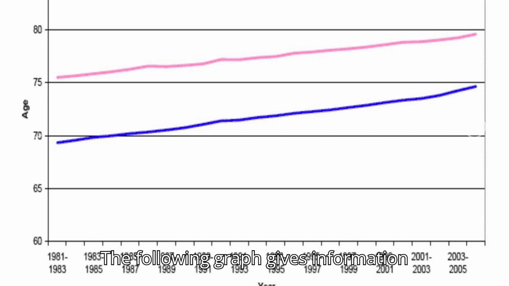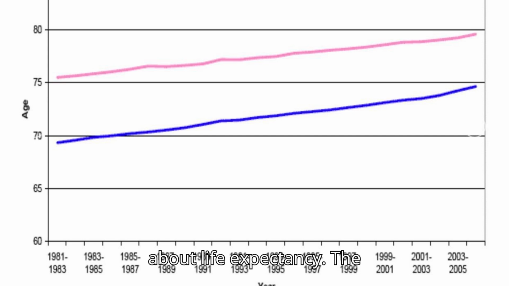The following graph gives information about life expectancy. The items include ages, years. And males, the horizontal axis is years, ranging from 1981 to 2005. According to this graph, in 1981, the value of males is around 70, and that of females is higher, which